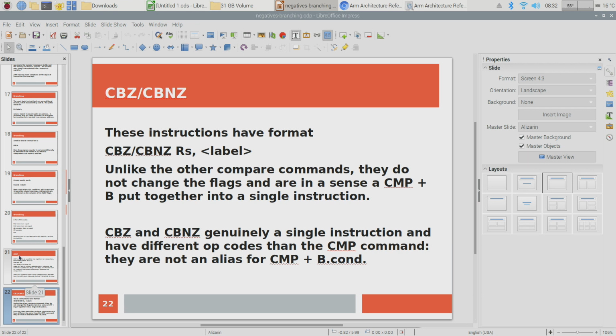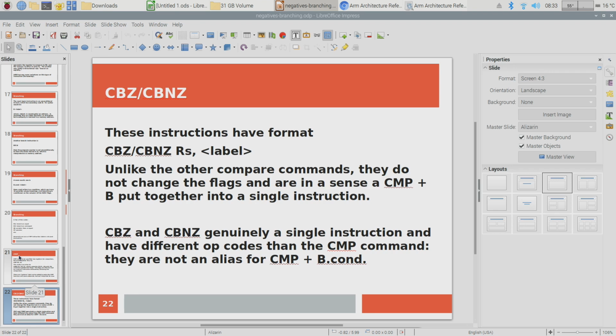In a sense, these are basically a comparison and a branch put together in a single instruction, and they are CBZ and CBNZ. Compare and branch if zero, compare and branch if non-zero. Okay, that's what they stand for. These do not update the flags,